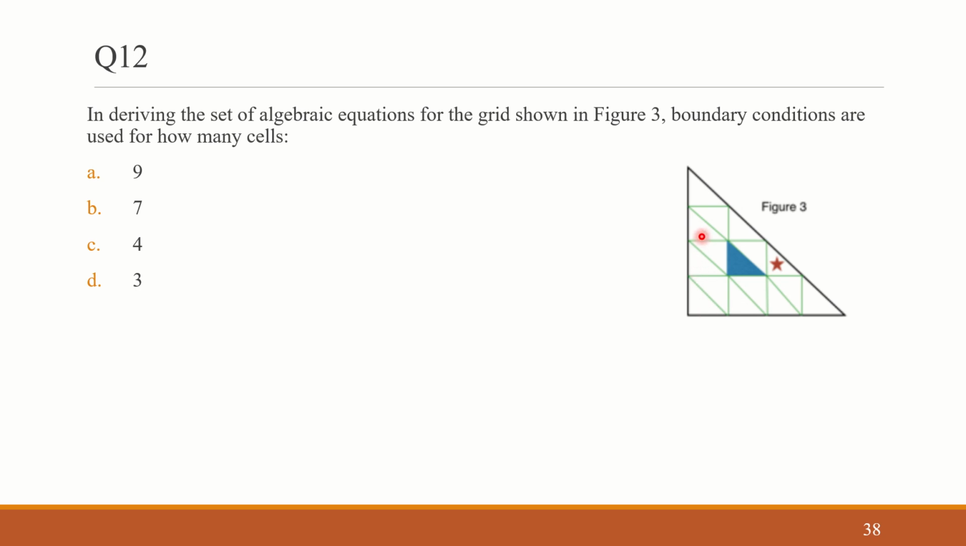So we have 9 cells which are using the boundary conditions. Here, when we are deriving the set of algebraic equations for the grid shown in figure 3, boundary conditions are used for how many cells? We are using the boundary conditions in those cells which share one side with the boundary. At least one side, if it is sharing with the boundary, we are